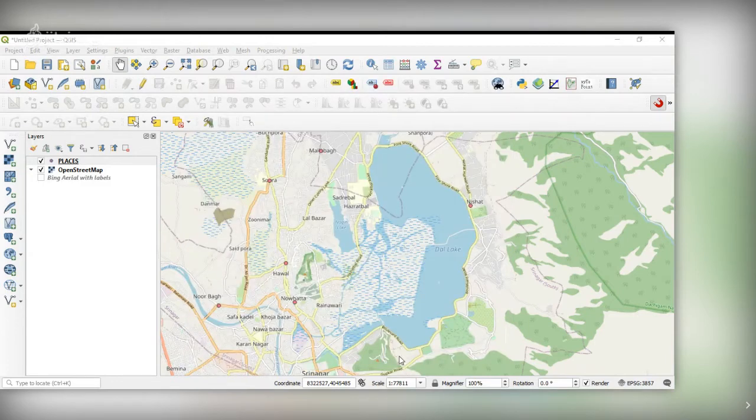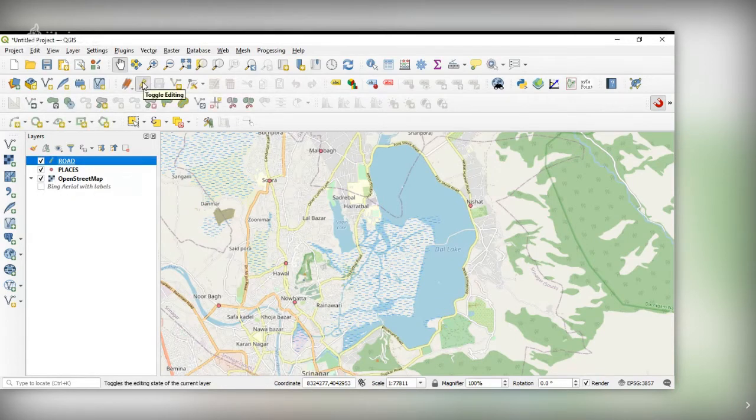So now select that particular layer which you want to digitize and make it editable. Then you get the add line feature. Earlier we were getting the add point feature. Now since it's a line geometry, you are getting the add line feature. Now I'll digitize one.